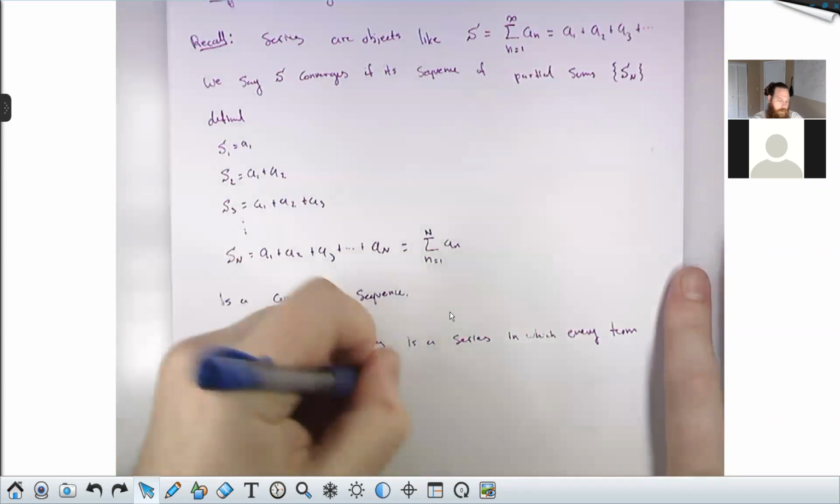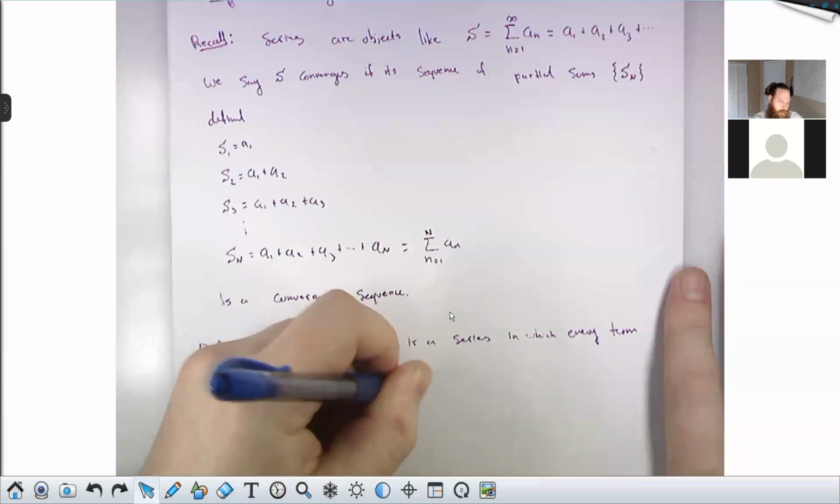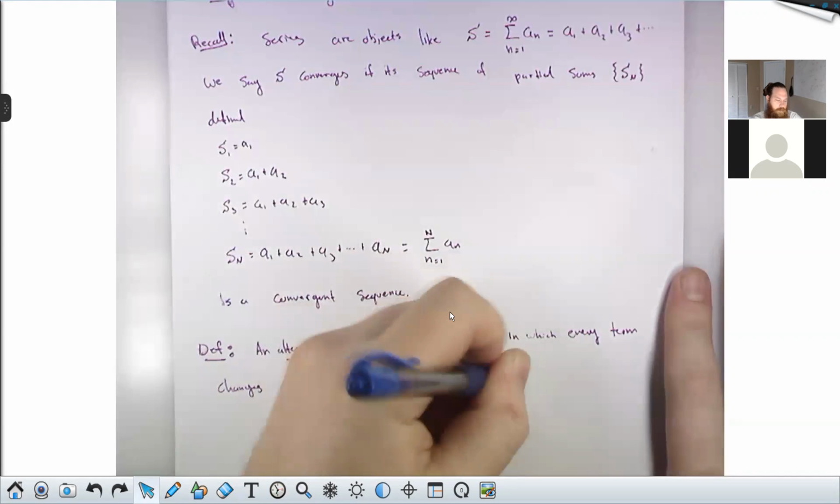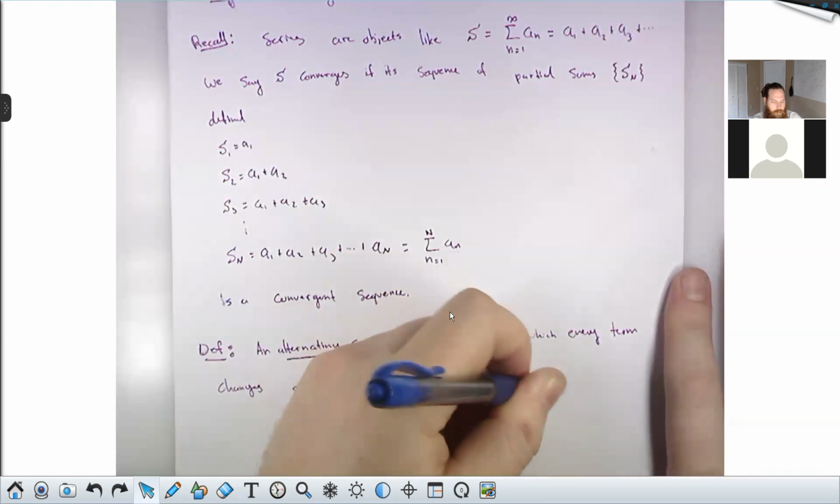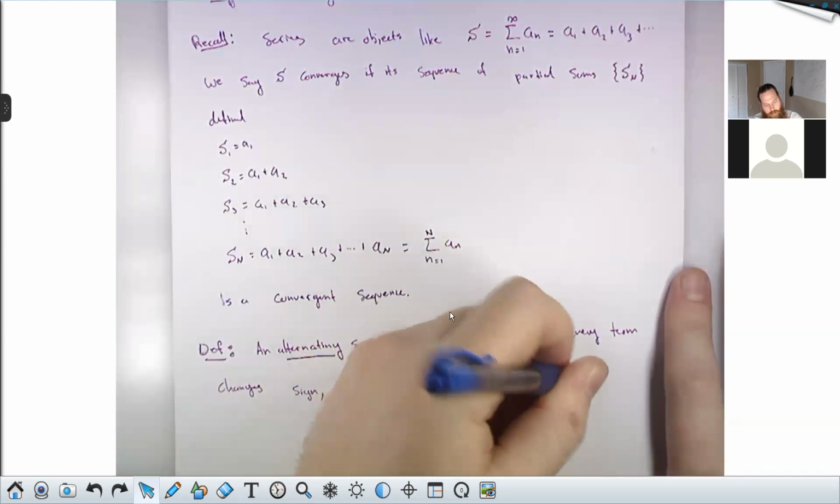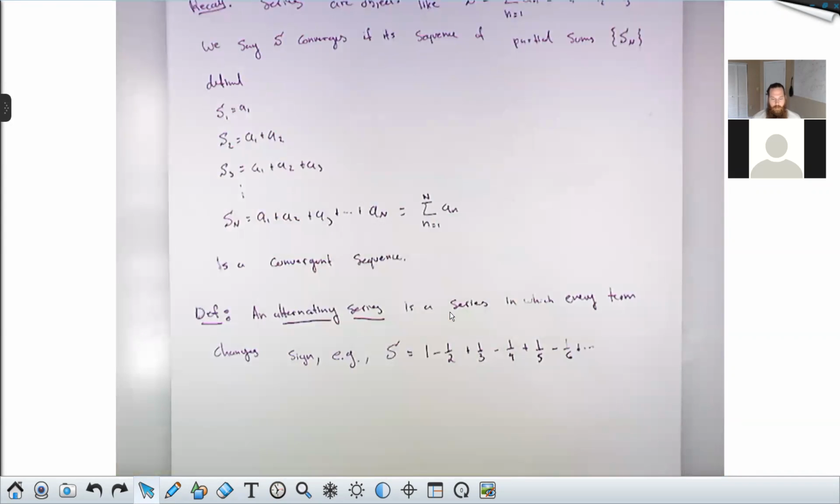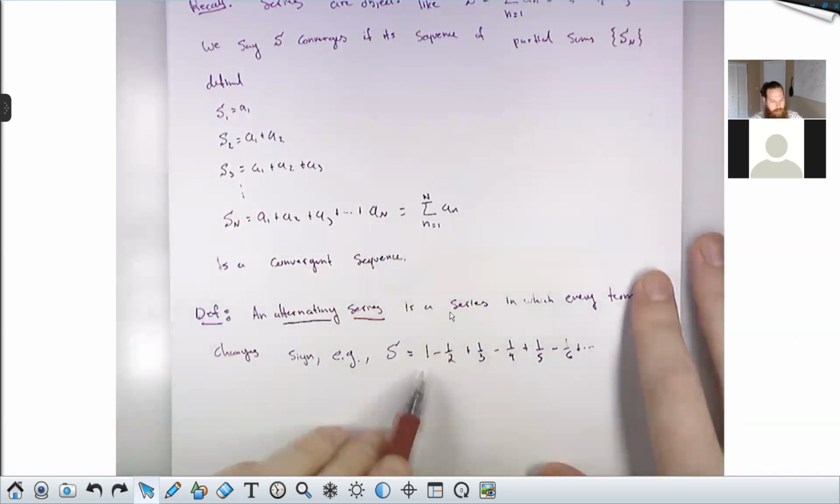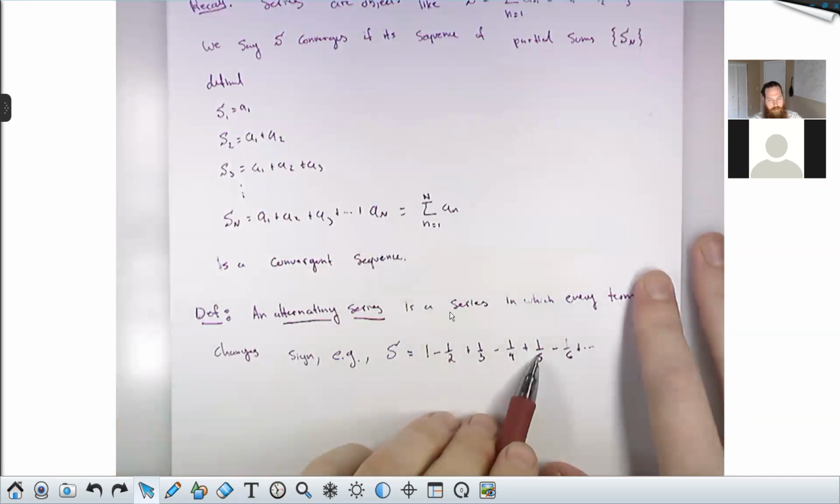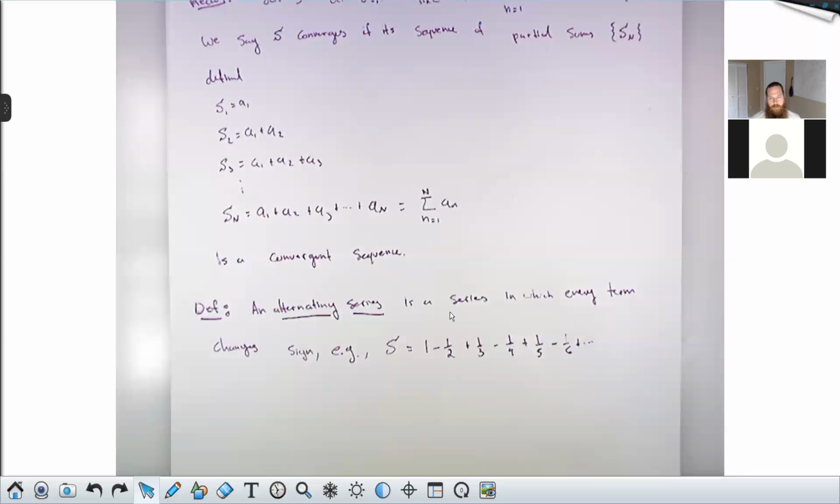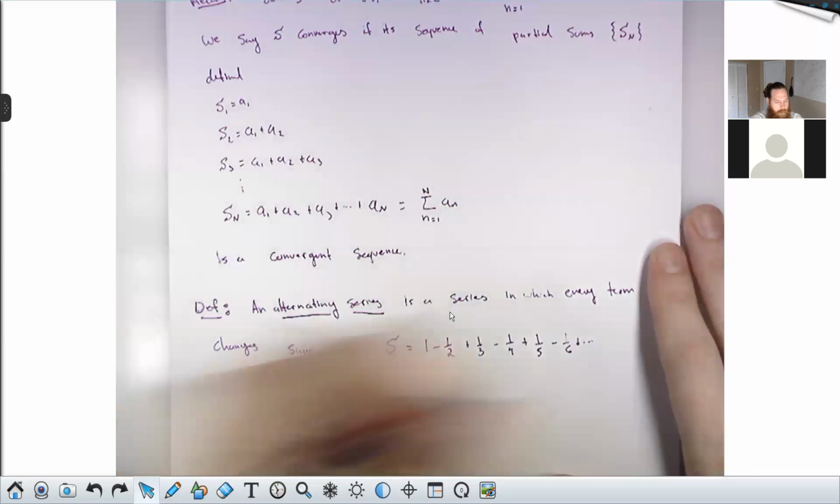For example, the series 1 minus 1/2 plus 1/3 minus 1/4 plus 1/5 minus 1/6, and so on. This would be an alternating series because every time as you go term to term, we're changing sign, right? We go positive to negative, negative back to positive, positive back to negative, negative back to positive. So series like these are called alternating series, and these can usually be written